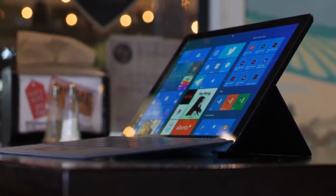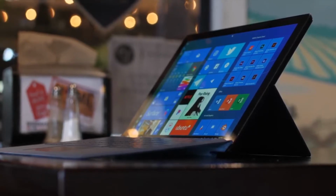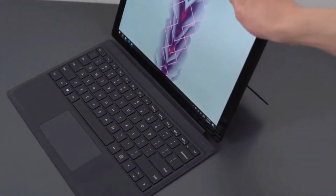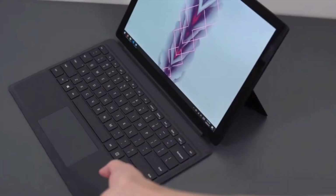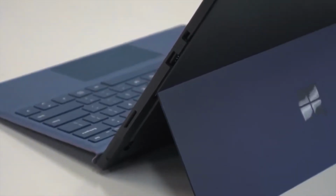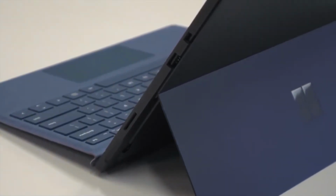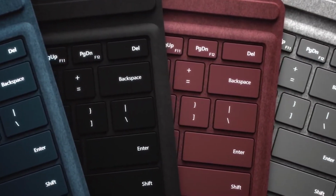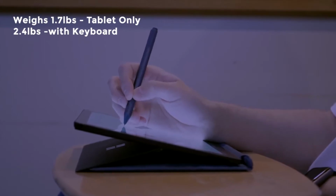Design-wise, like all of Microsoft's 2-in-1 range laptop-tablet hybrids, the Surface Pro 6 comprises a Windows 10 tablet with a kickstand and a 6-pin port, which lets you attach a type cover keyboard dock. You get 3 primary modes: tablet, laptop, and studio, with the kickstand extended 165 degrees. The Surface Pro 6 weighs just 1.7 pounds as a tablet and is still very light, 2.4 pounds with the